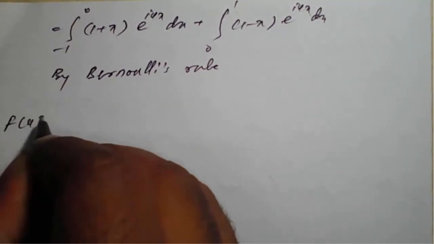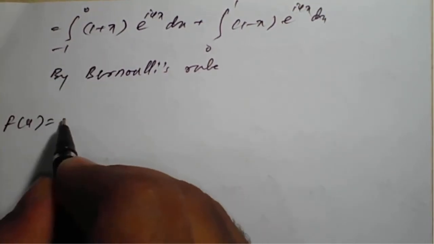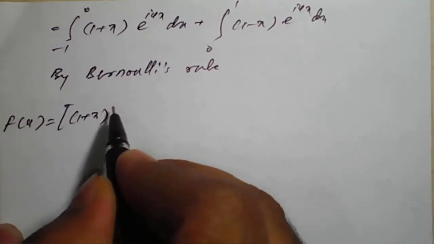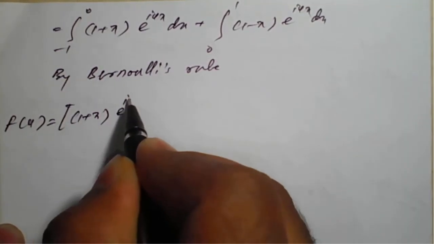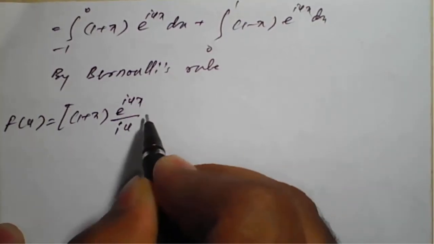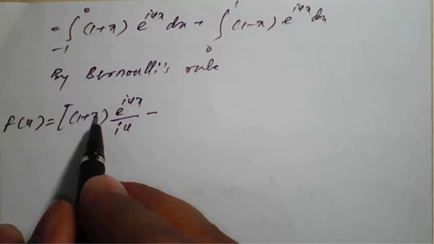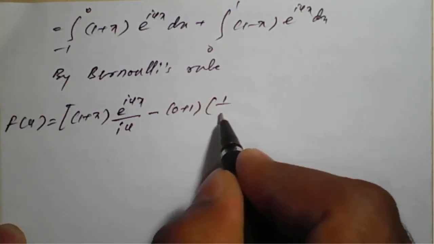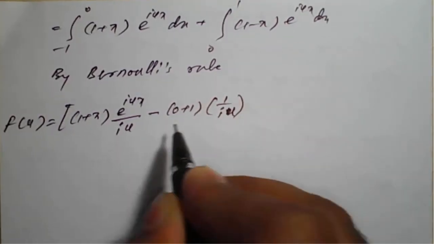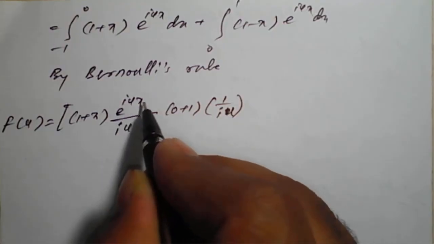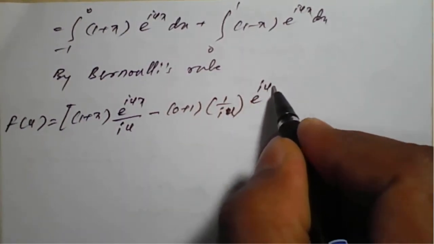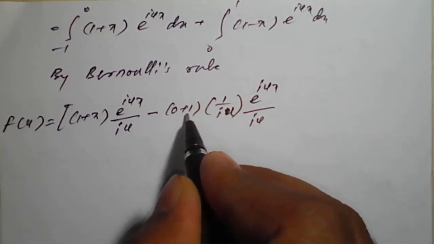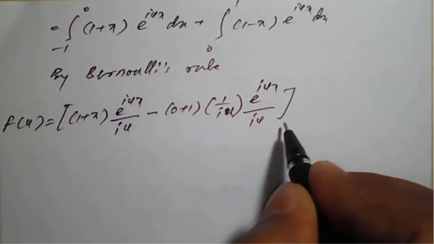so f of u will become, so first integral, keep 1 plus x as it is, integration of e raised to iux is e raised to iux divided by iu, formula minus differentiation of 1 plus x with respect to x is 0 plus 1, 1 upon iu will carry in the next step, and integration of e raised to iux is e raised to iux divided by iu. Differentiation of 0 plus 1 is 0, so we'll stop it and say with the limit